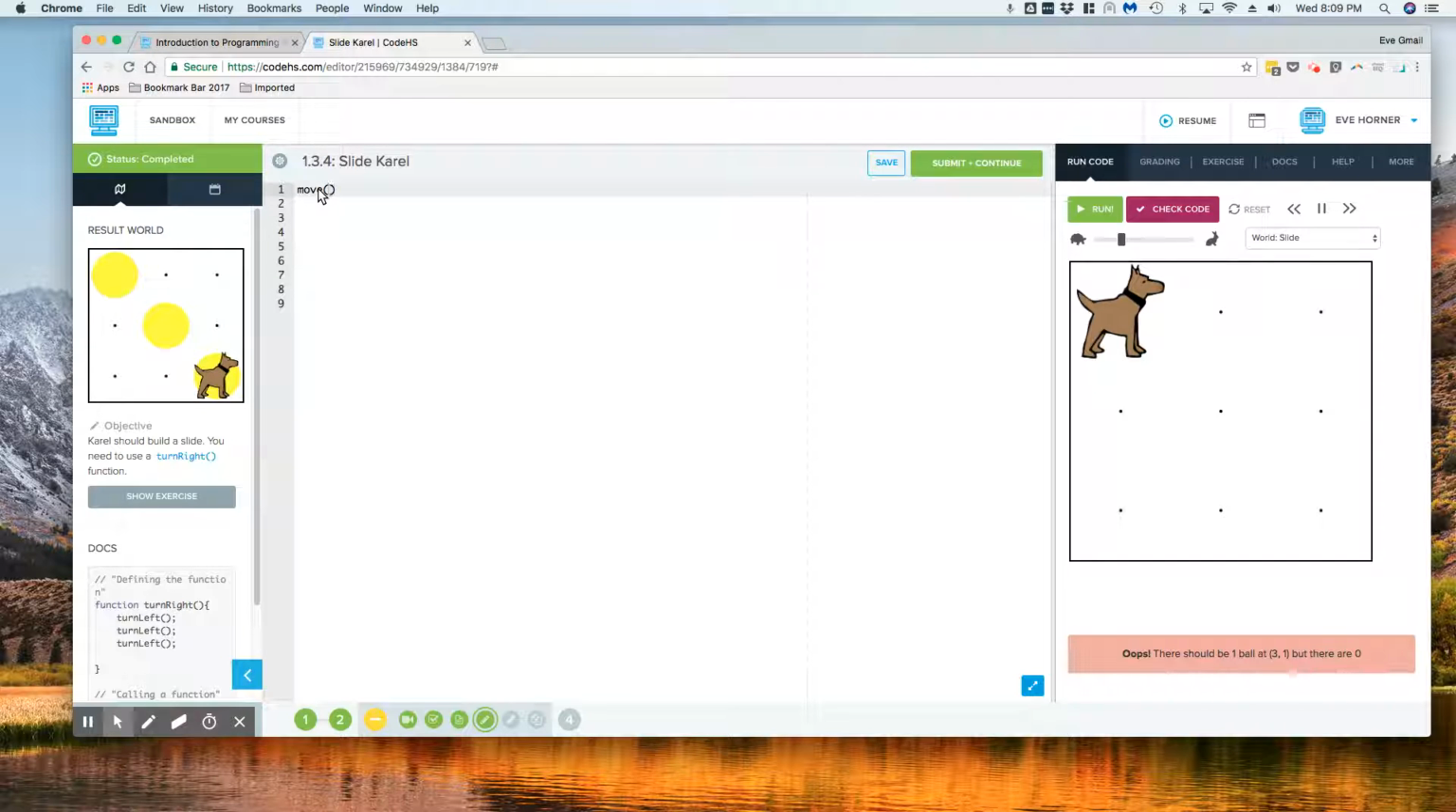Oops, I don't even want to do that first. I want to do a put ball. I'm having all sorts of tech issues here. Number one, the microphone keeps sliding down. Sorry about that. Okay, put the ball, move,